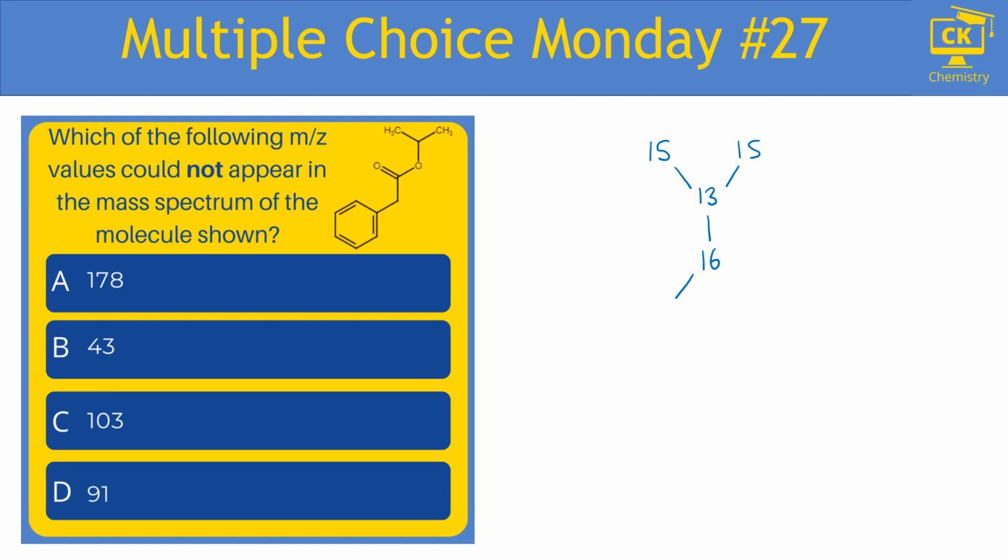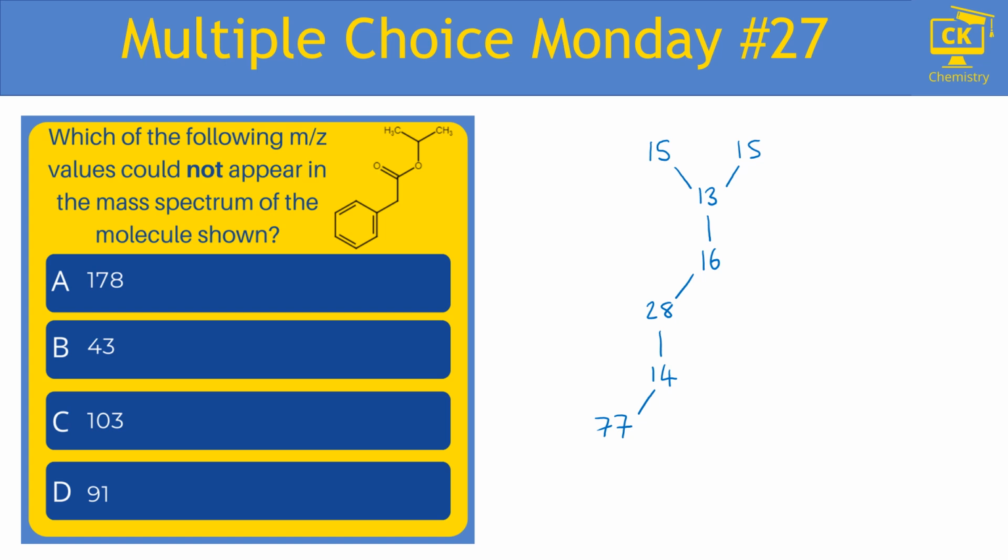Now C double bond O's don't normally break, so I'm going to write that whole thing as 28. So that's a C double bond O group. And then I've got another carbon which has got 2 hydrogens attached, that's going to be 14. And then a benzene ring. So benzene ring isn't going to break up in a mass spec. It's a very stable delocalized system. So what you're going to get is the formula C6H5, because remember we've taken a hydrogen off to attach the carbon to it. So C6H5 has a mass of